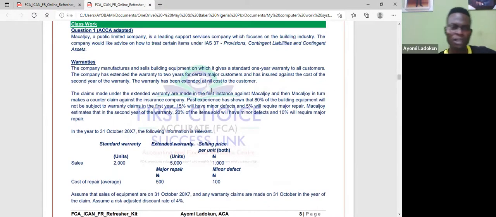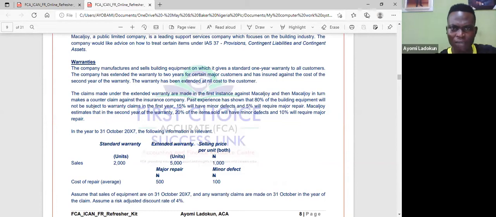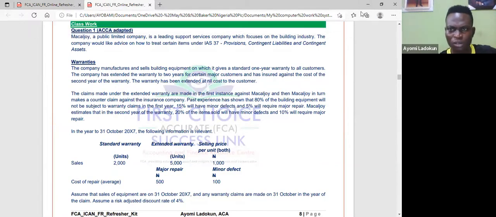Makajoy is a public limited company. It's a leading support service company which focuses on the building industry. The company would like advice on how to treat certain items under IAS37. The company manufactures and sells building equipment on which it gives a standard 1-year warranty to all customers. The company has extended the warranty